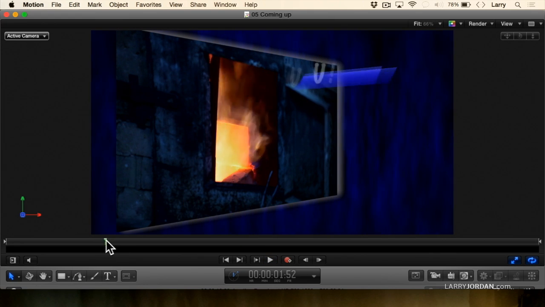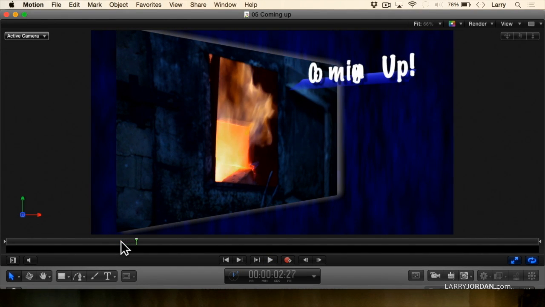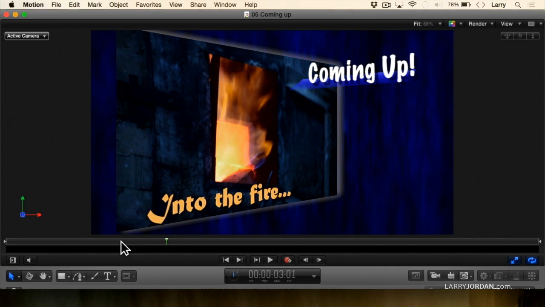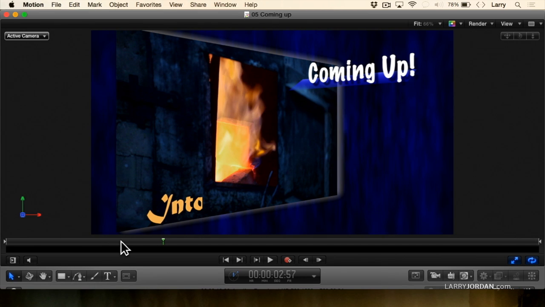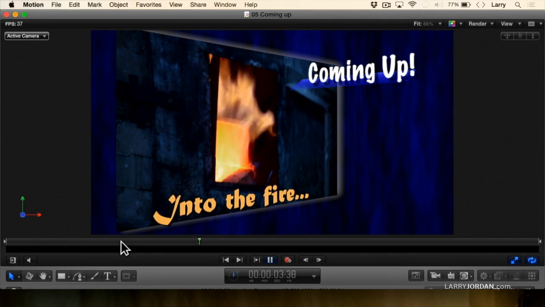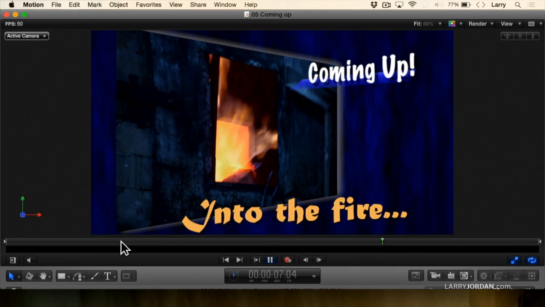And then down here at the bottom, I'm going to use the arrow keys so you can watch this. The "into the fire" pushes in Z space coming through the image. There it is, right there. That's not a wipe. It's just extruding through Z space, going from behind the picture to in front. And then it's moving in Z space to grow in size and rotating on the Y-axis until it gives us